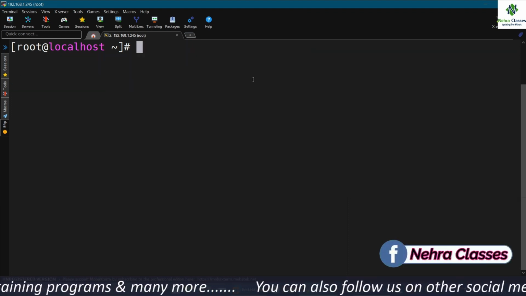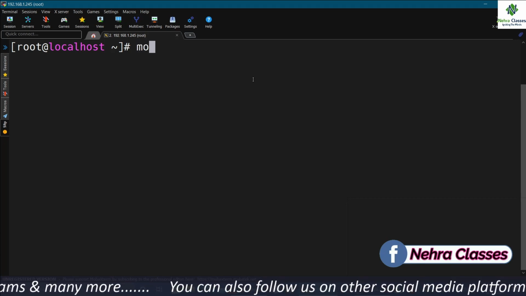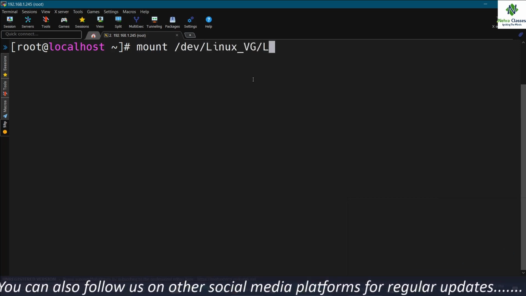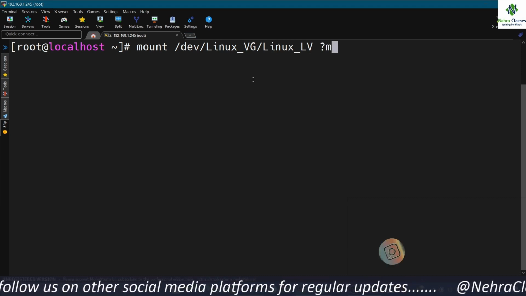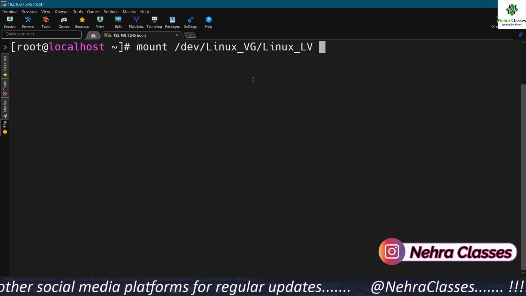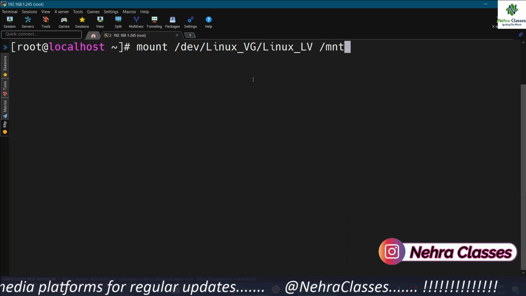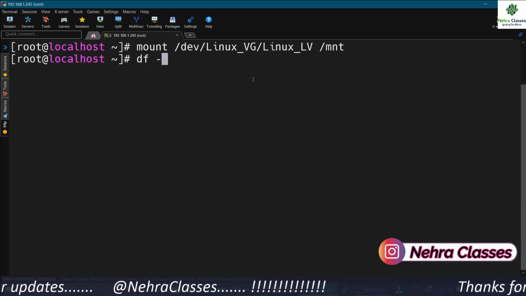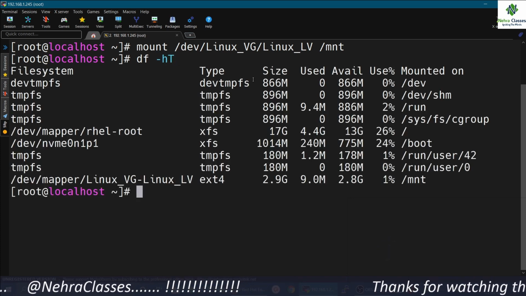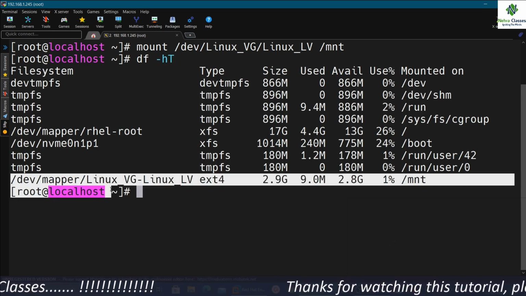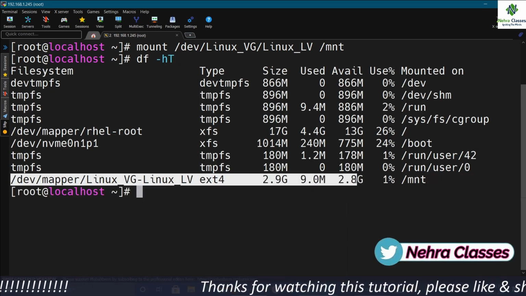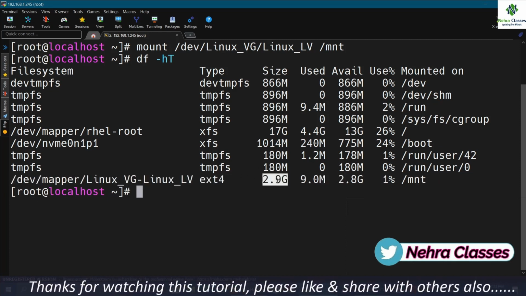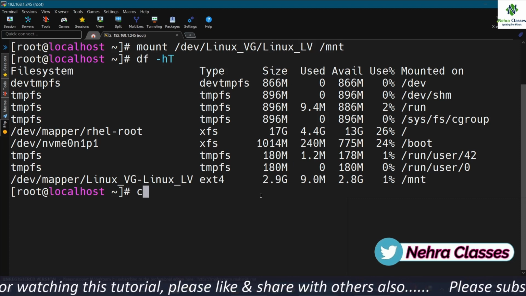Now we can mount any directory on this. So we can execute the mount command, mount /dev/linux_vg/linux_lv. Suppose we want to mount the /mnt directory, so we mention /mnt there, and we can verify the same by running the df -hT command. Here the mount point is visible, its type is ext4, and the capacity is about 3 GB.